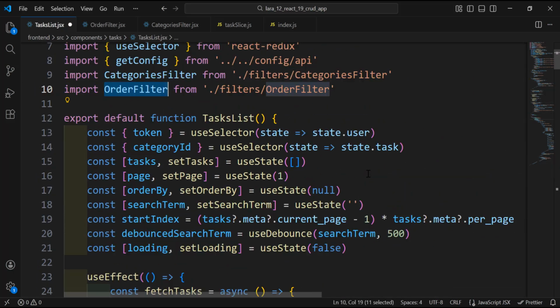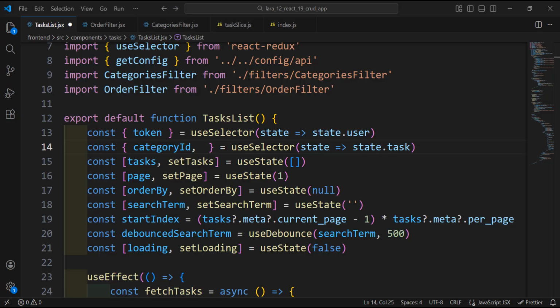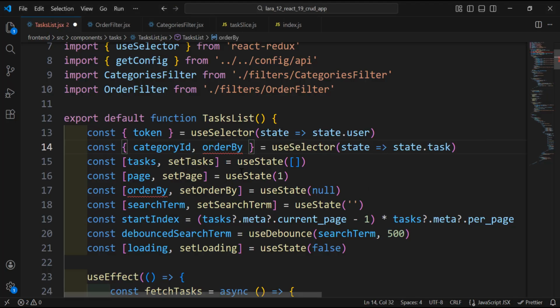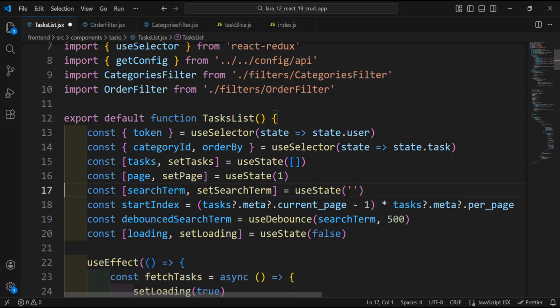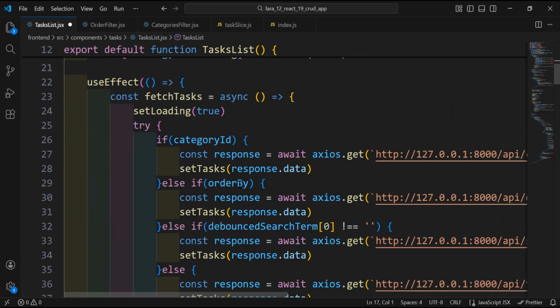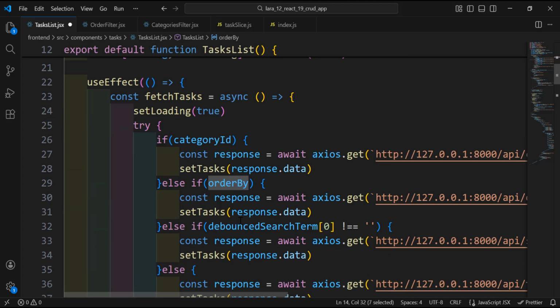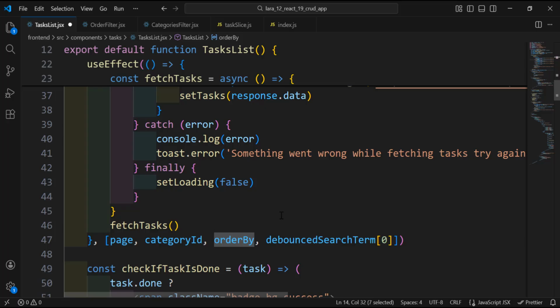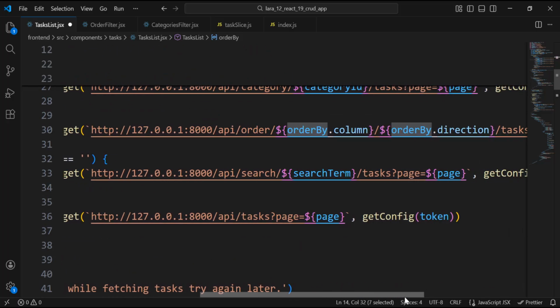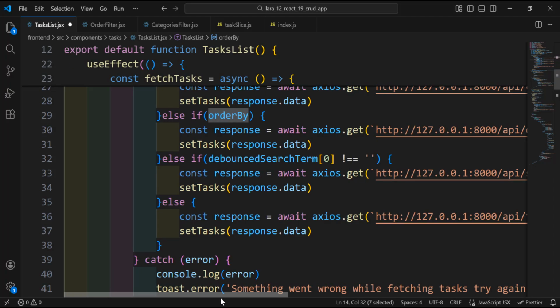Here it is. Now we also need the order by from our states, which is this one. Copy and paste here, and we need to remove this order by that we have already defined. It's already here, so it's the same thing. So order by has the same name like we have done before, so we can keep it as it is, so nothing changes here. Okay,